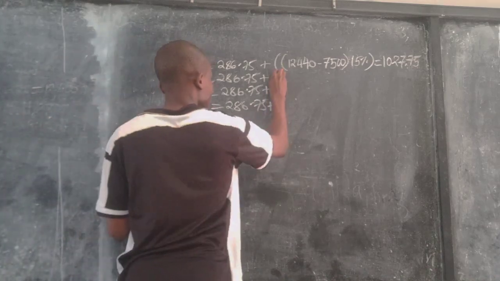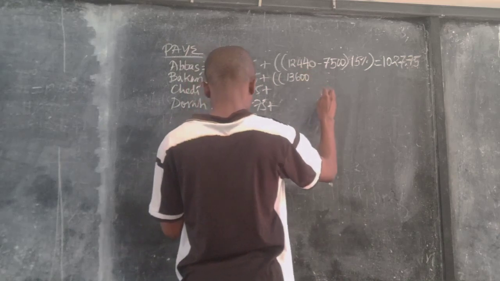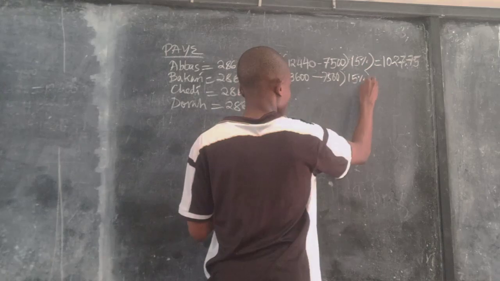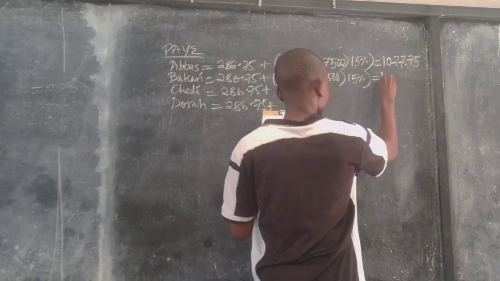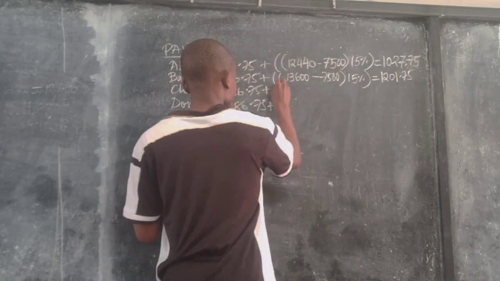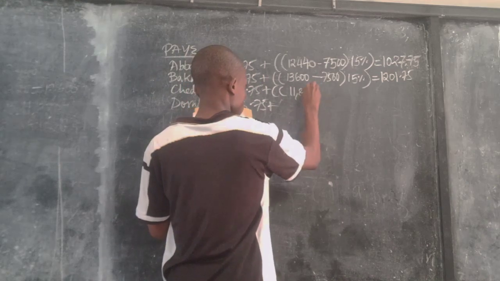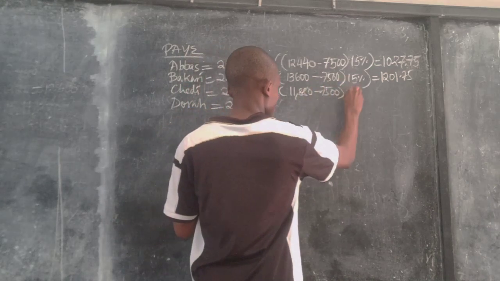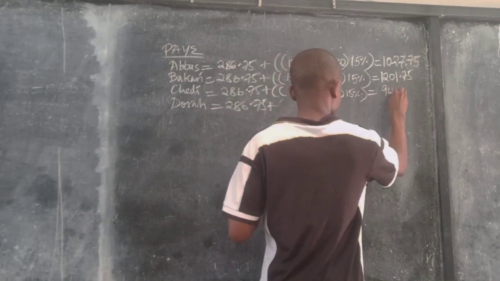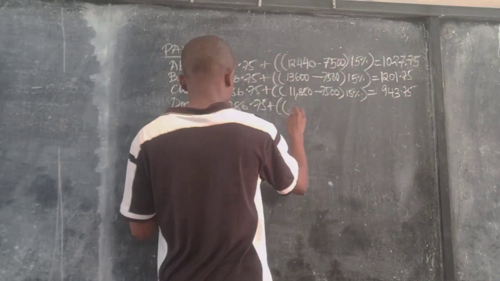Because of the requirement of this question, which requires you to first find the excess amount, then multiply it by 15% plus 286.75. So for Bakari, you find the excess by taking the gross pay minus 7,500 times 15%, plus the 286.75, you'll get 1,201.75. For Chedi, you take 11,880 minus 7,500 times 15% plus 286.75,